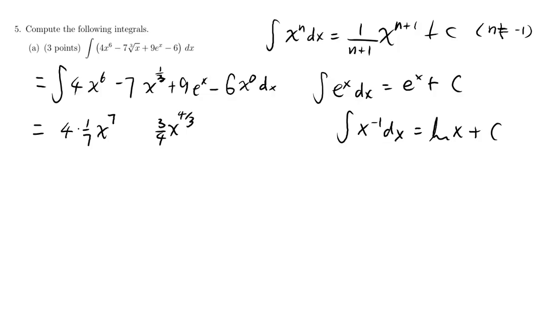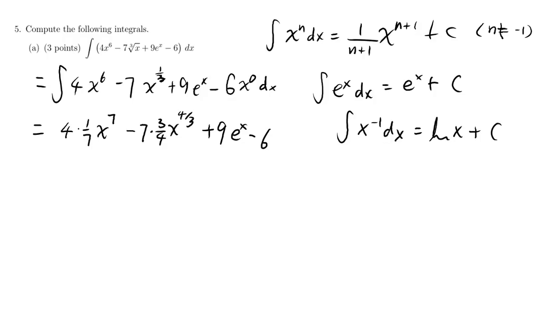Notice that I said reciprocal instead of saying 1/(n plus 1), because this formula is kind of hard to use. It's better to understand this as add 1 and put the reciprocal. Okay, so we add 1 and put the reciprocal in front, minus 7 times, and then e to the x is e to the x, because e to the x differentiates to e to the x, and then finally 6,